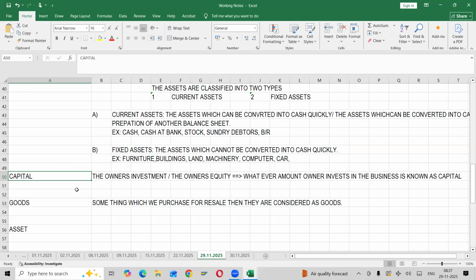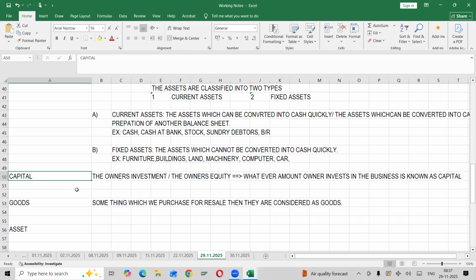Normally, I attended my first interview before completion of my graduation. I attended as an accountant. The first question they asked me was, what do you mean by capital? I said, simple, capital is nothing but the owner's investment. And is it a liability or an asset, they asked me. So I said, I'll show it in my balance sheet as a liability.